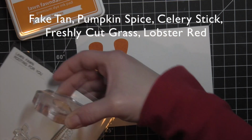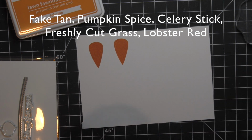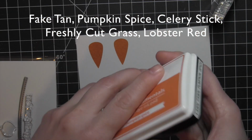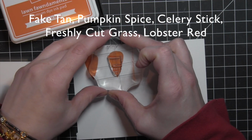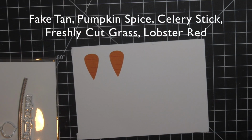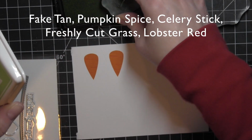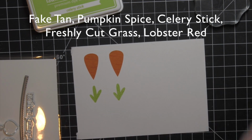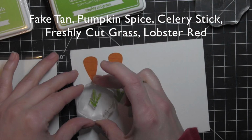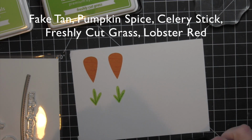To start, I'm going to stamp the images from the Rooting for You stamp set on some smooth white cardstock using lots and lots of the Lawn Fawn dye inks. I am using the fake tan and pumpkin spice for the body of the carrots, celery stick and freshly cut grass for any of the greenery, so any of the tops of the vegetables are going to have these two colors,